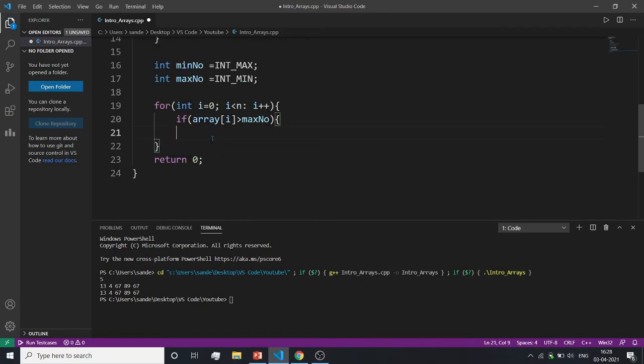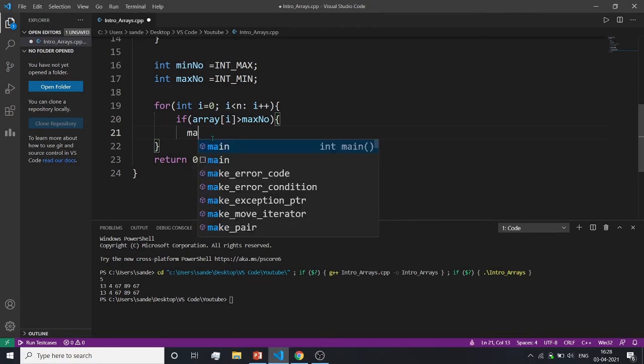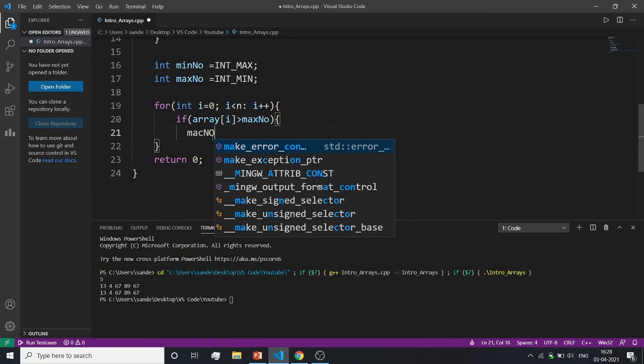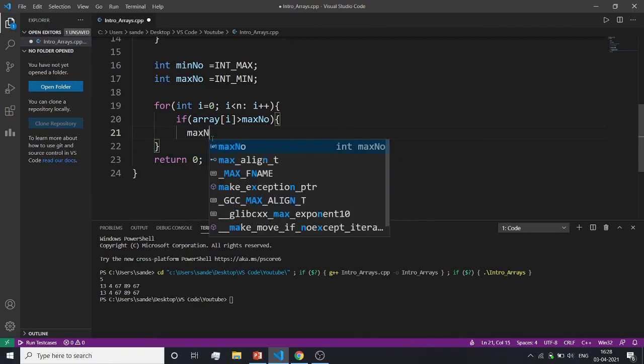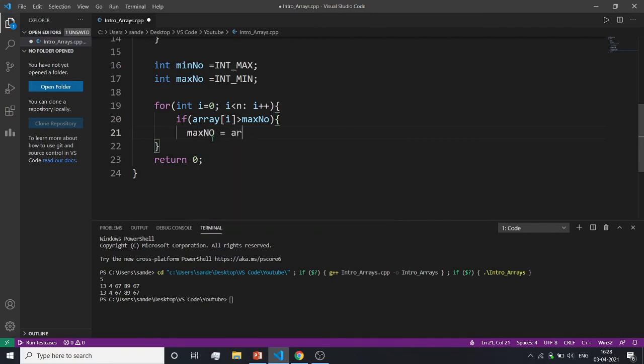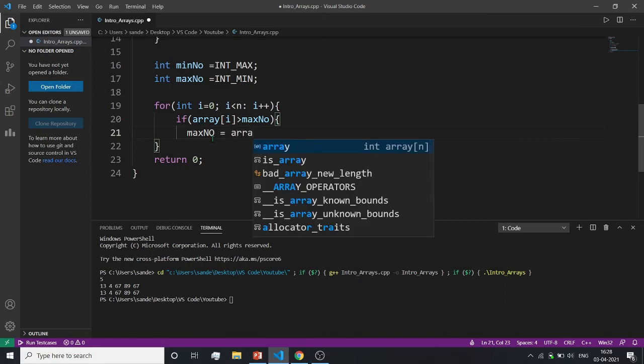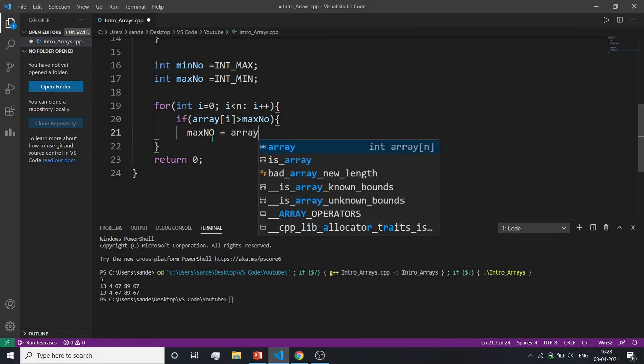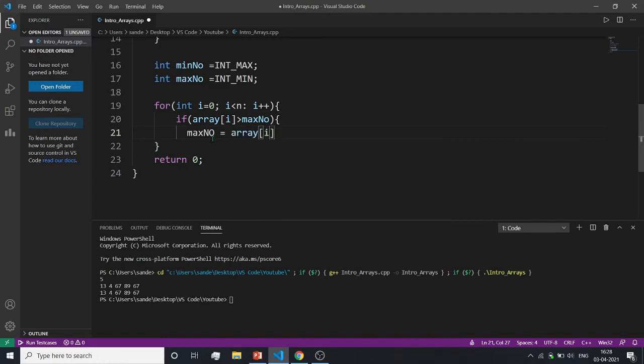So when our array of i is greater than max number, it will compare with every element in the array, and then we will assign our max number the array of i, which will be our maximum number, right?